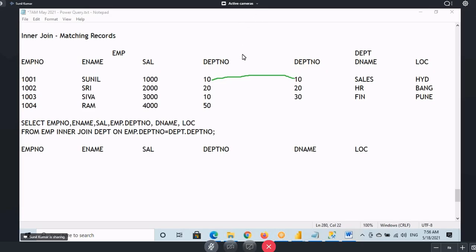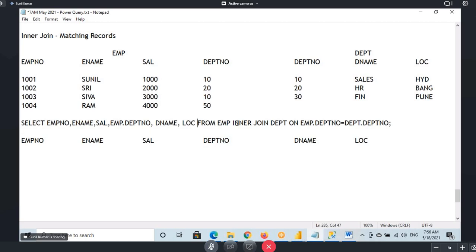Let me erase it, guys. To make it simple, I'll bring the complete code to one line. This time, when the first row goes to the first row, blindly it will not give the output. So it will check this join condition this time. So EMP.department number for the first row, department